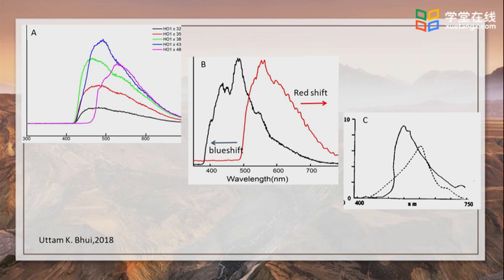In figure A here, when the temperature increases, the intensity of the fluorescence will increase. In figure B, it shows the shifting wave of the spectroscopy. When the temperature increases, the wavelength or Lambmax will shift to the right, and we call it the redshift. When the temperature is low, the wavelength or Lambmax will shift to the left, and here we call it the